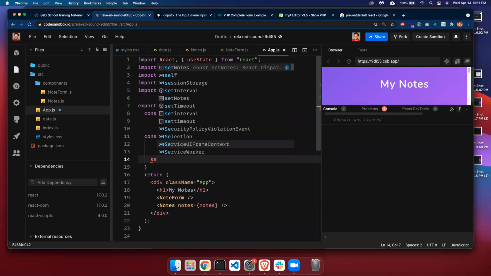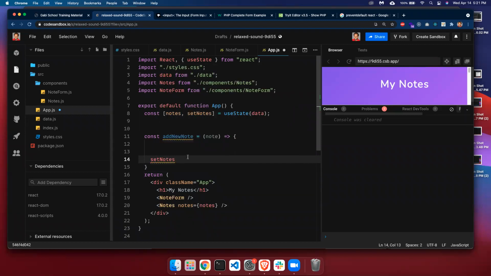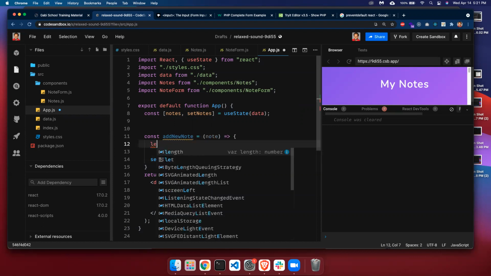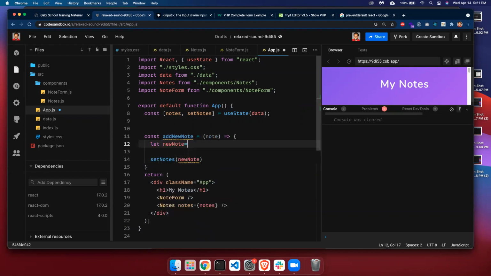We're going to set the state here. We're going to say set notes, which is this, and that's going to be passed to a variable we're going to create. So we're going to say new note here. So let's create that variable. Let new note equal to an array, and this array is going to have